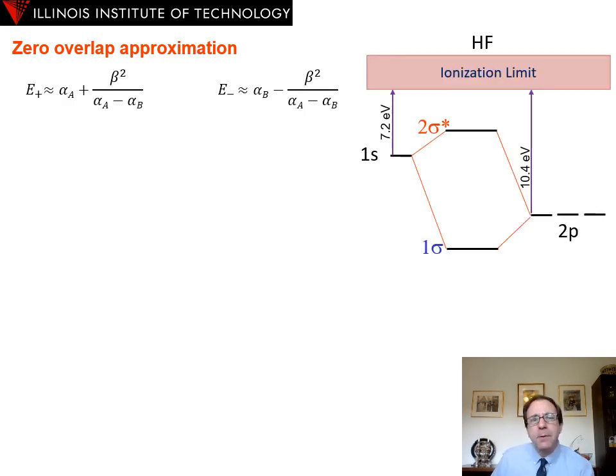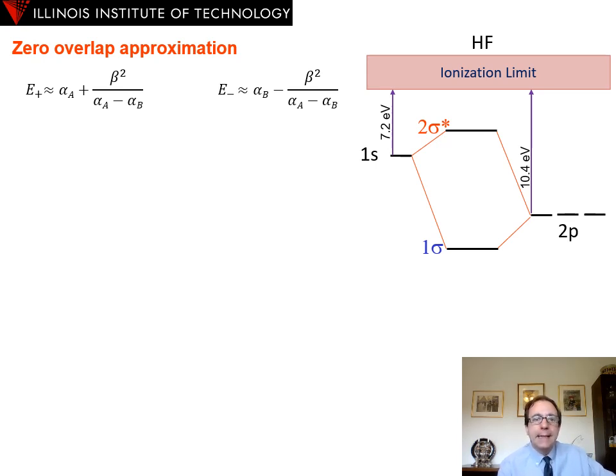Okay, before I go on, I should have mentioned this on the last slide: if you look at the denominator, it's saying that as alpha A and alpha B get closer and closer together, and the number in the denominator gets really small, the effect of the overlap gets bigger. Of course, when they're equal to each other, we're looking at the homonuclear diatomic case, in which case we can't ignore the overlap integral. That'll become important. But in the zero overlap approximation, where we're ignoring the overlap integral,